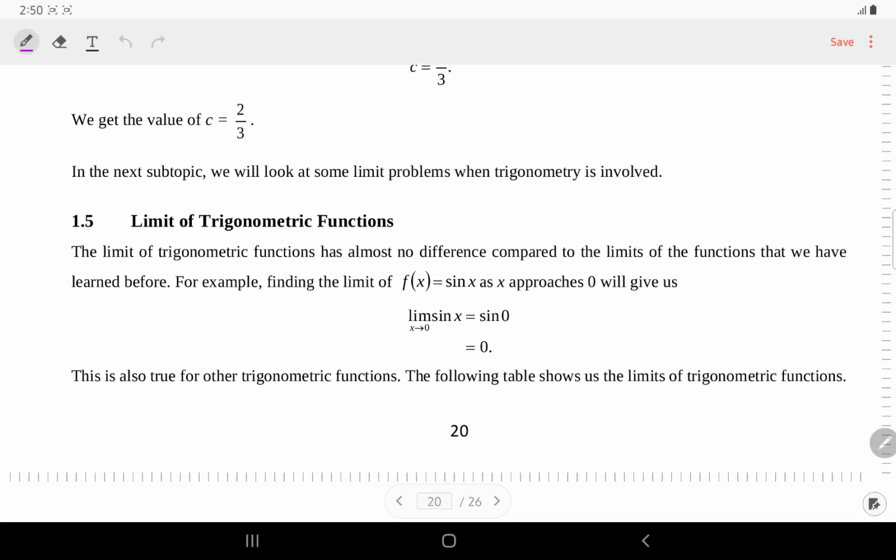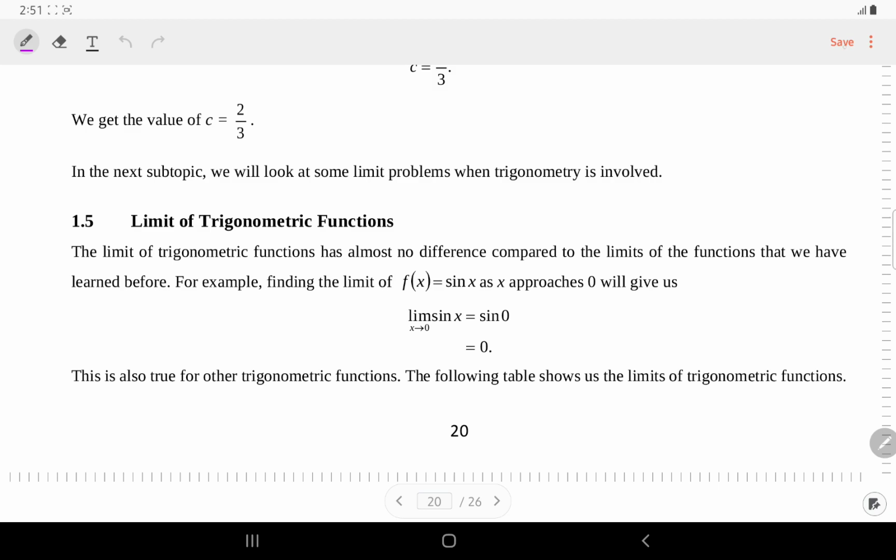In finding the limit of trigo function, it almost has no difference compared to the limit of the ordinary function. We just need to substitute the value of the limit into the variable of that function. And if we got an undefined value,